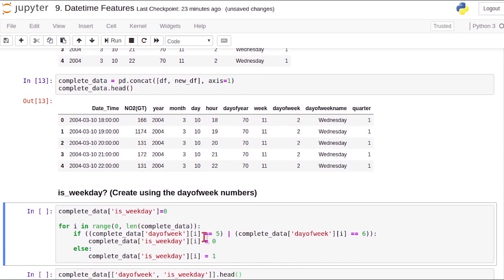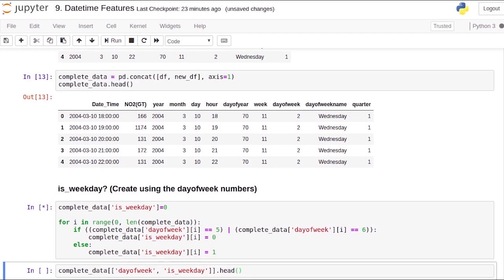We've created a new column called is_weekday, and then we've run a for loop to check the value at each row. When the day of the week is 5 or 6, the value is 0. Otherwise, it's 1. 1 meaning weekday, 0 of course meaning weekend. So I'm going to go ahead and run this.